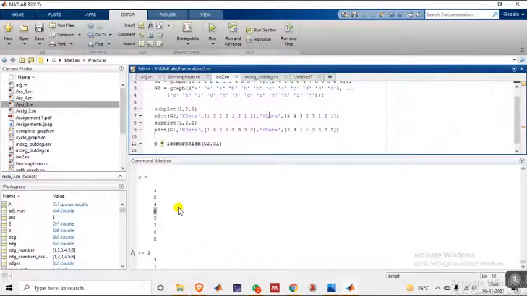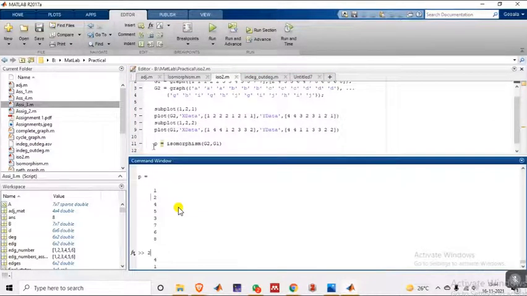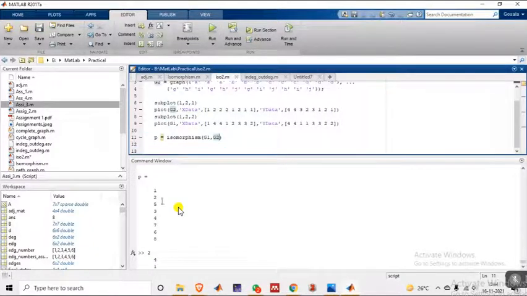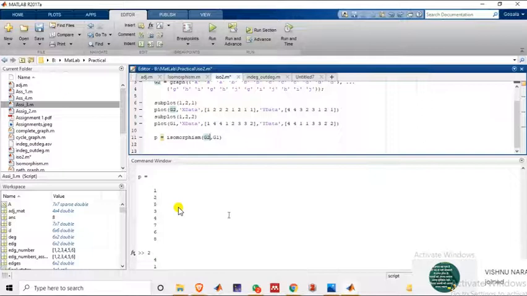I don't understand the p value. Sorry, p value. P is just one variable I am creating which says whether the two graphs are isomorphic or not. So I am writing graph 2 first here. Let me change their positions. Now you can see the difference here, 1, 2, 5, 3, it is changed. When I change those things, the p value also changes. You can observe that.